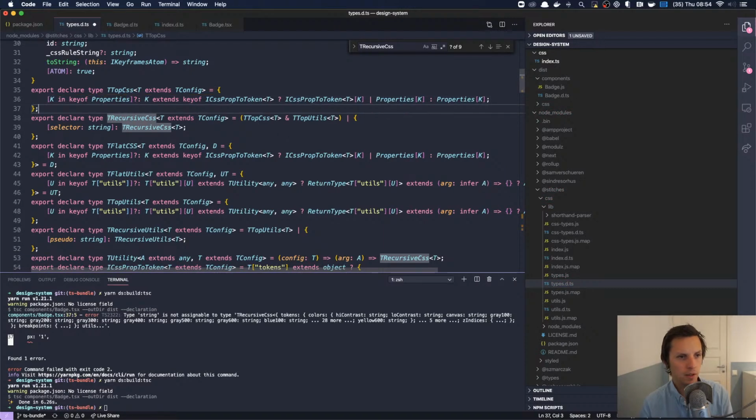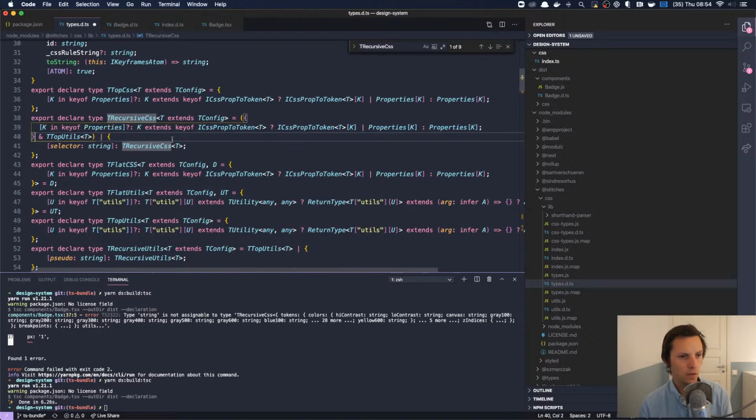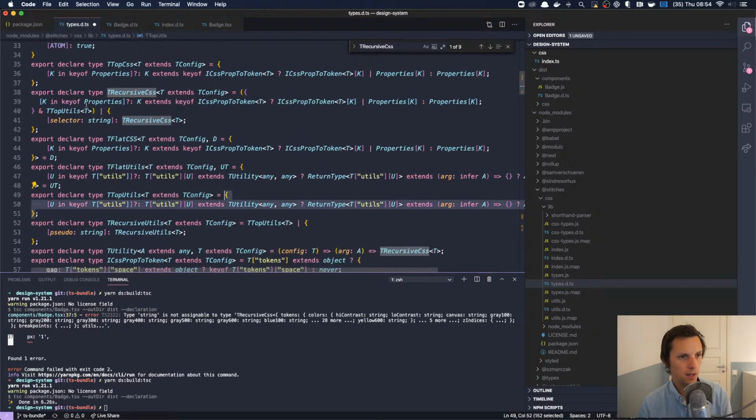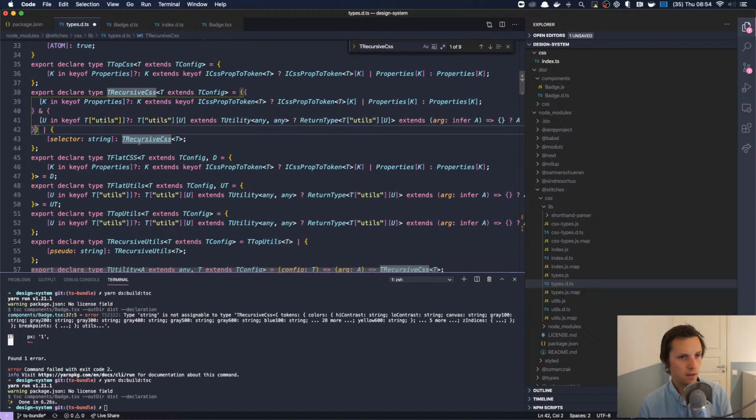So what I could try is, okay, let's see what happens if I put this thing here, and then T top utils. I put this thing in here. What happens now?